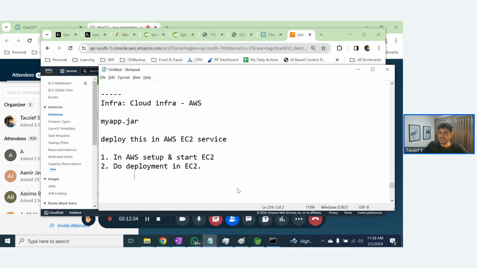What does this mean? The local jar file, let's say myapp.jar, you have in your local. You need to copy this to AWS. We need to do this thing. From local, we take it and we copy it to AWS. So for doing this, we need some software. So that is where we are going to use some software called Mobaxterm